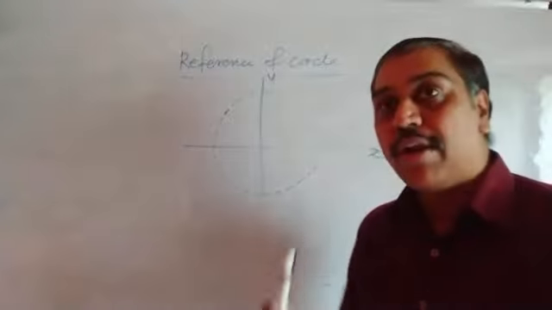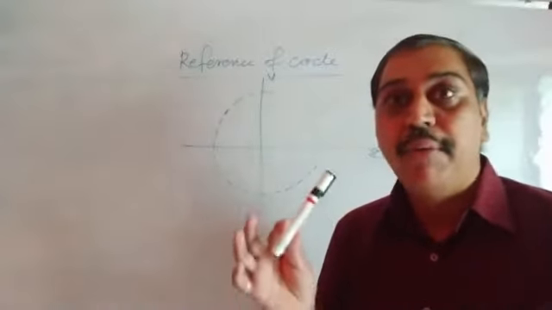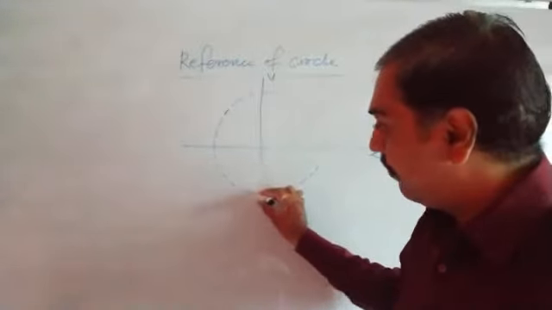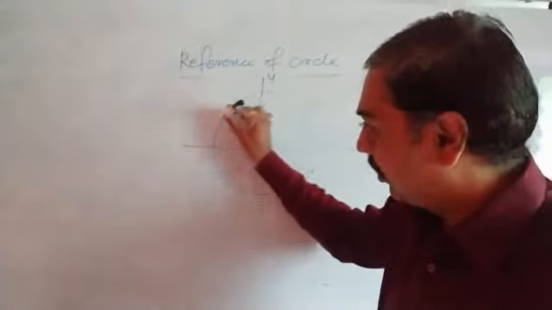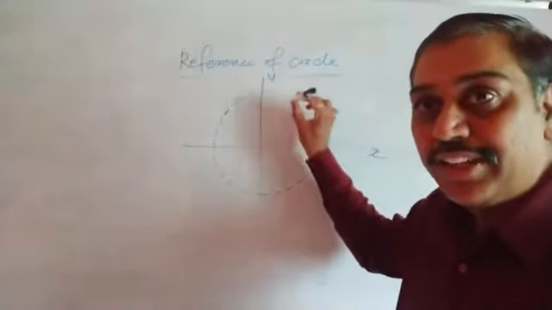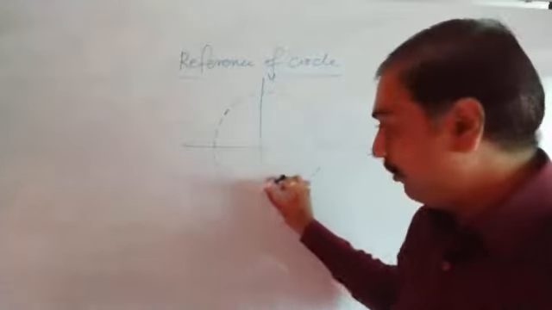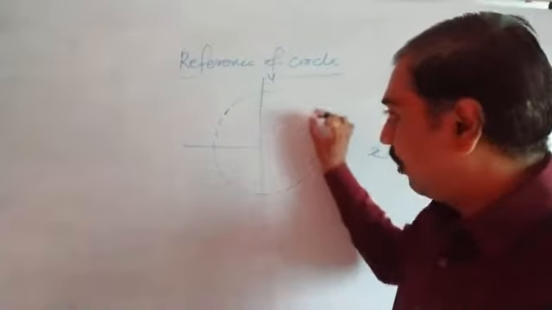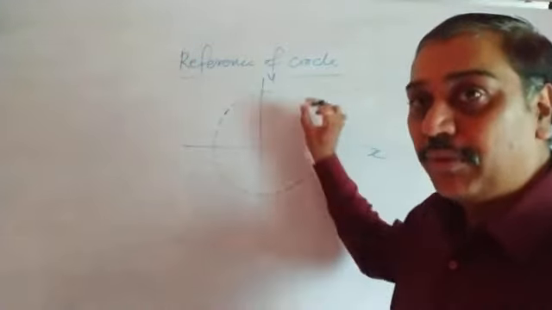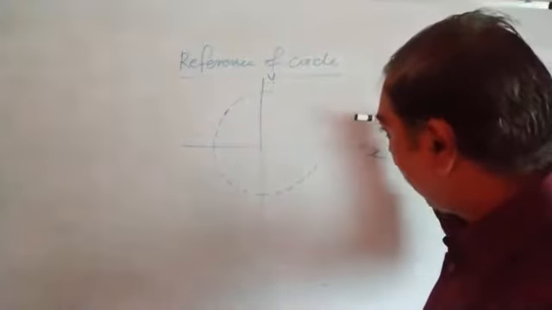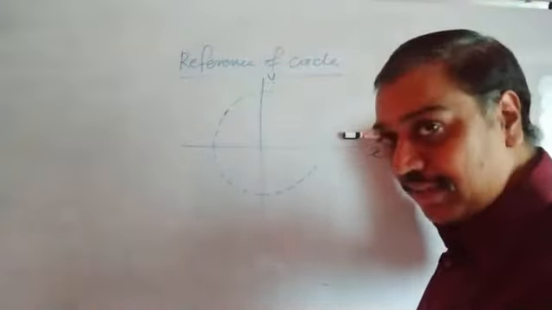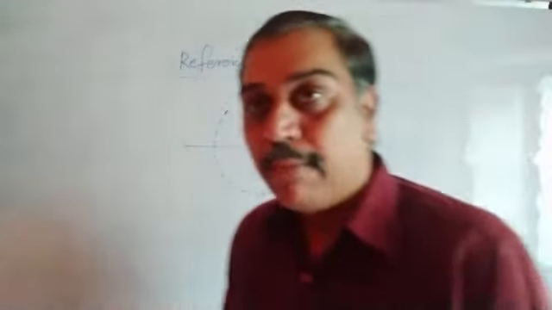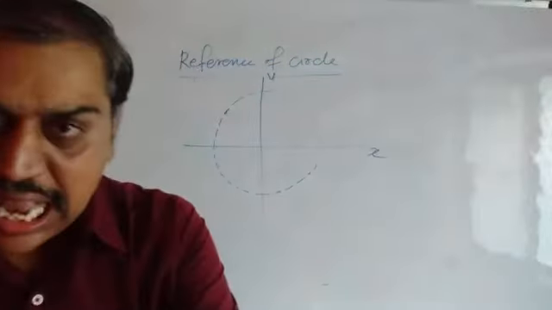While doing this, along the circumference one rod is performing uniform circular motion. Uniform means this rod is moving along the circumference of a circle with a constant velocity. Constant in the sense that the magnitude is constant. Then that type of motion of this rod is said to be uniform circular motion. At the same time, we are applying light from this side parallel to the x-axis, going up with the rod, coming down with the rod.